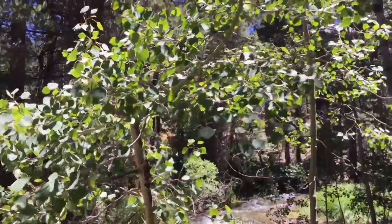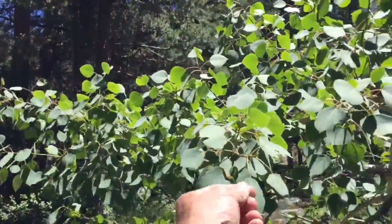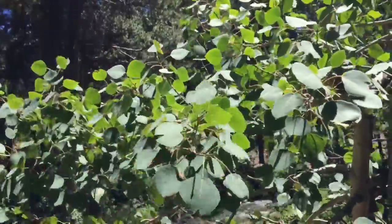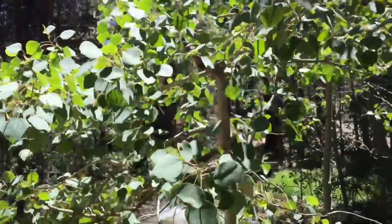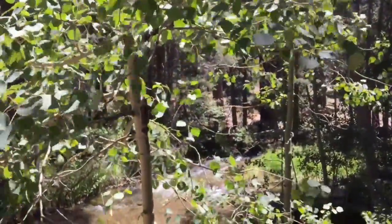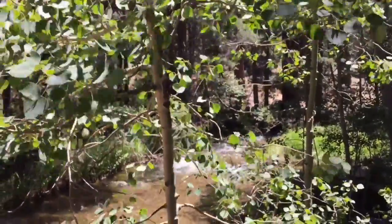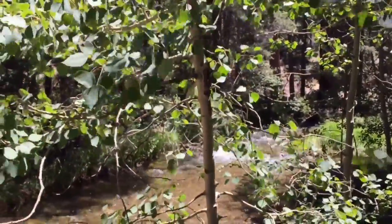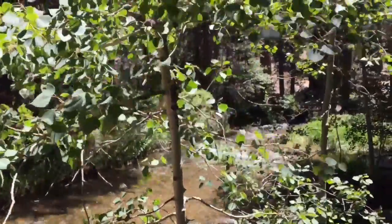And there's a tree that I never really have worked on. It's an interesting tree, and I want to talk about it a little bit today. It's called the quaking aspen, and it only grows at higher elevations, closer to water. I don't believe it's related to the birch, but it might be. I need to know a little bit more about this tree,